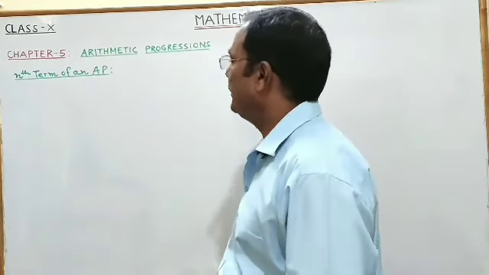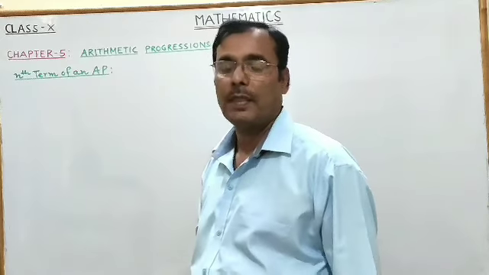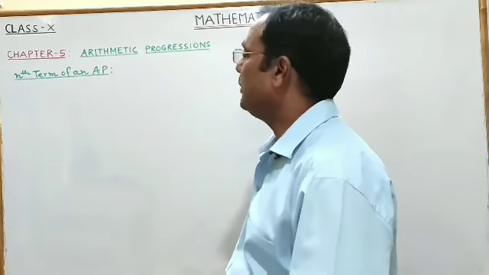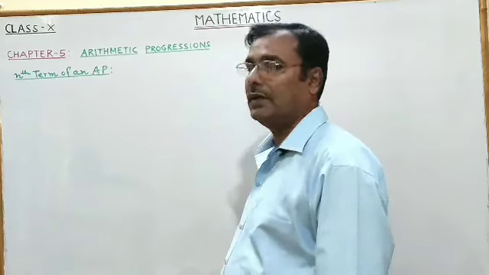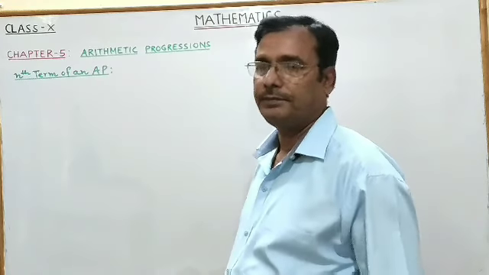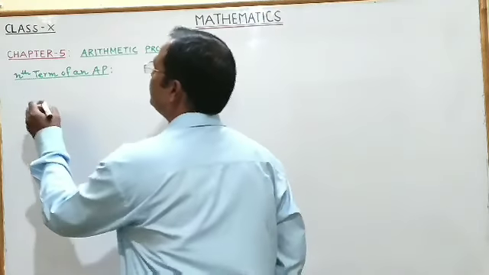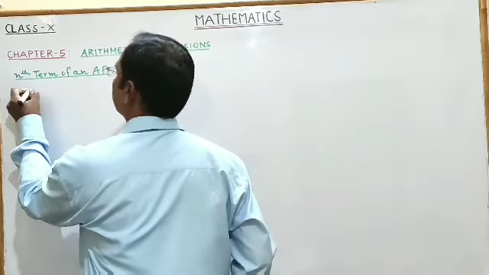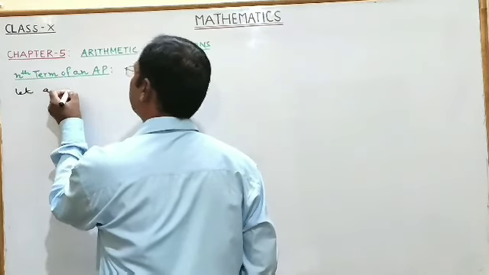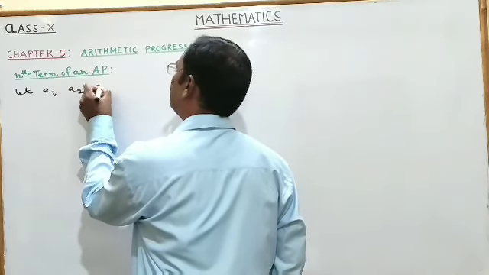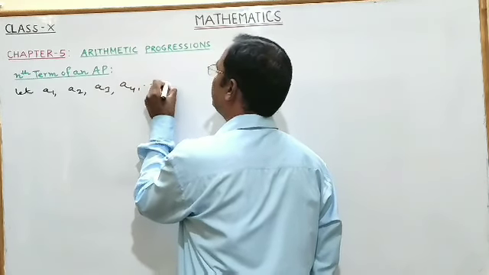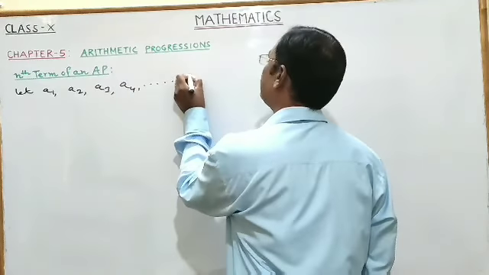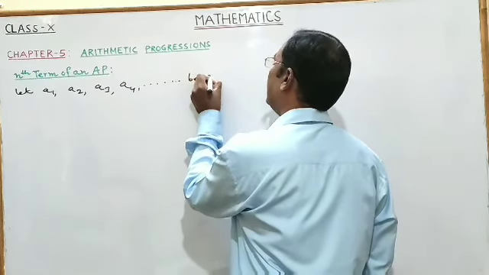nth term of an arithmetic progression, AP. Here we will find out the expression for nth term of an arithmetic progression. So let A1, A2, A3, A4 and so on be an AP